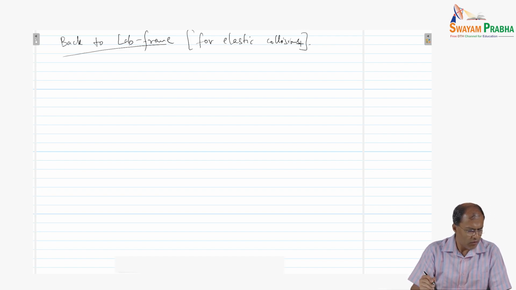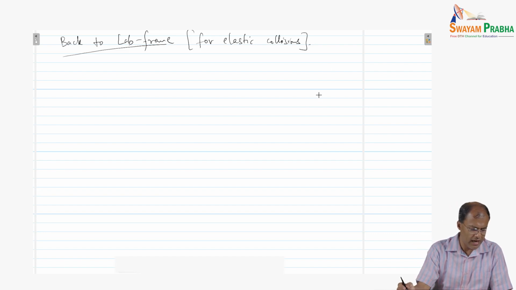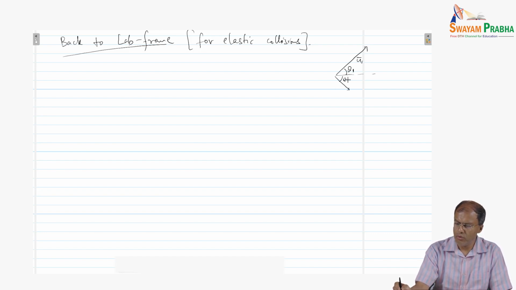So what have we got here is that let me try and draw the setup. The setup means the eventual position of the scattered particle after collision, both in the lab frame and the zero momentum frame. So we have the following. So U1, this is the U1 delta 1, and this is U2 delta 2, and we see that